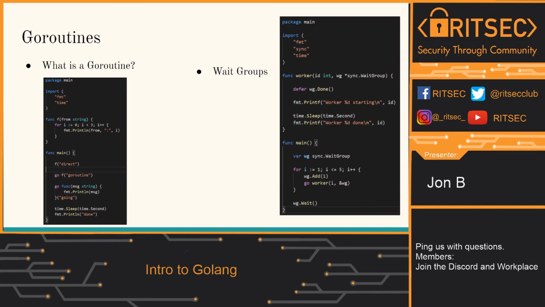It allows you to wait for the Goroutines to finish by adding them to a single wait group variable. If we take a look at the code on the right, we declare the wait group as the first thing in our function. You have to call the library sync and then WaitGroup, and that allows you to declare the wait group. Then you start 5 Goroutines of the worker function. Every time we run it, we add it to the wait group, and then we start the Go worker, passing the wait group variable into it.